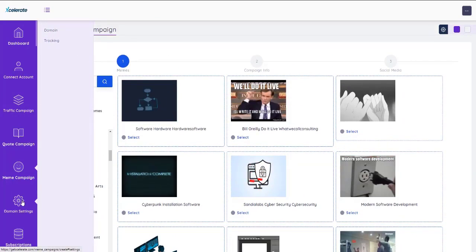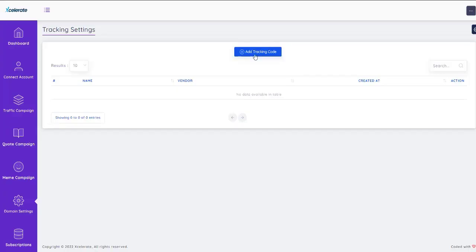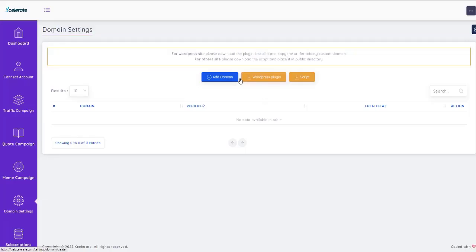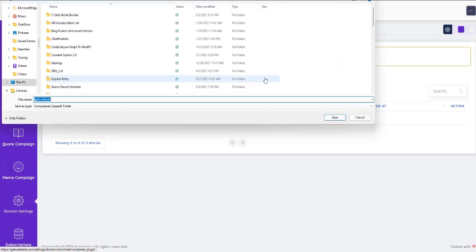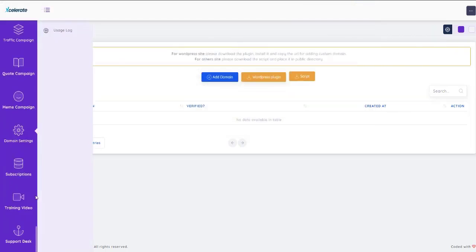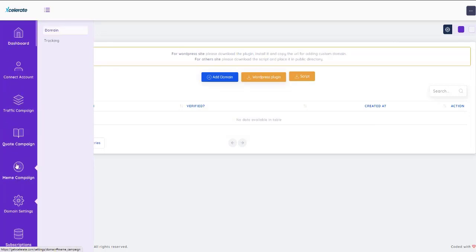And we also have the tracking domain settings, which allow you to add your site to your domain, and you could download the WordPress plugin as well, which allows you to use Xcelerate on your WordPress site. You also have the script, so you can add the software to work on your script. We have the training videos and our help desk. So as you can see,